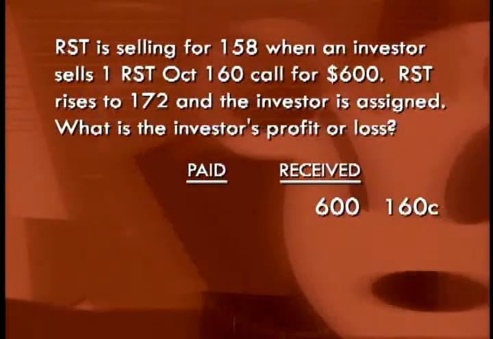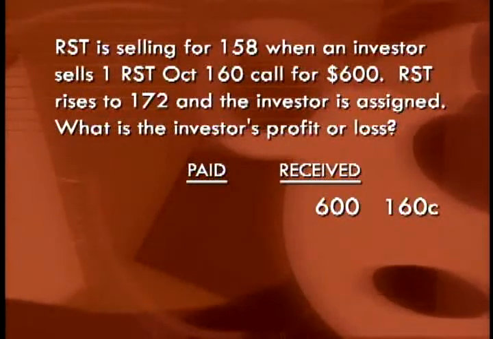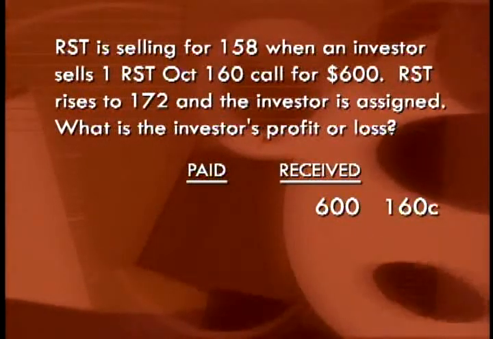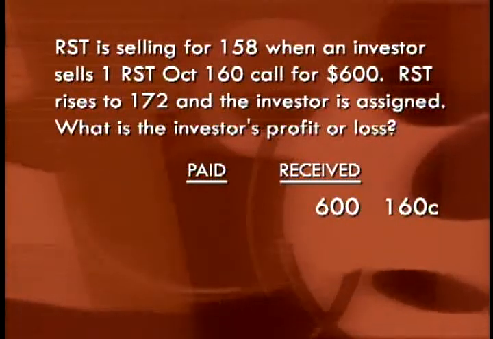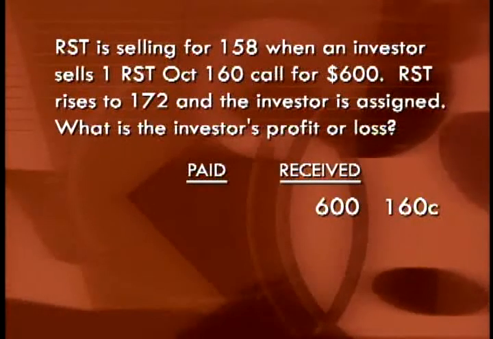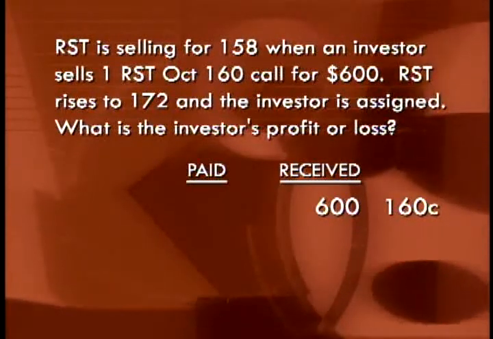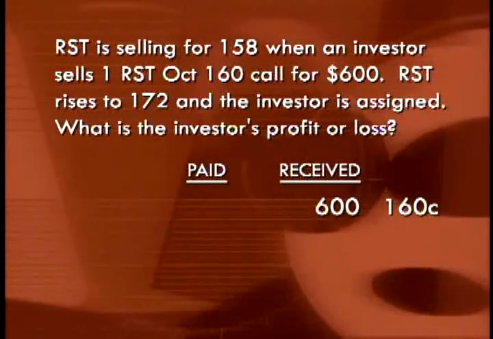Now later, the problem says that the stock rose and the investor was assigned. Now, what does that mean for this investor to get an assignment? Well, they are the writer of the call. So since they wrote the call, they have an obligation to deliver the stock to the buyer. But notice that we have a problem here. The setup does not tell us that the investor has the stock. We cannot assume that the investor does. So what we're going